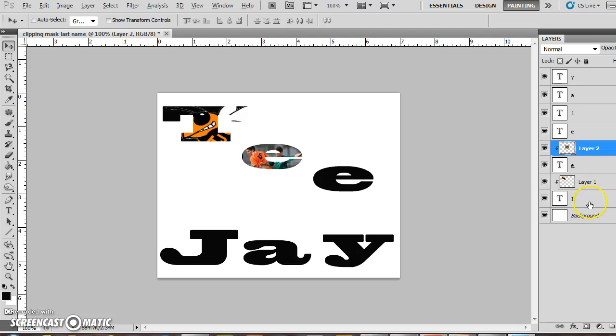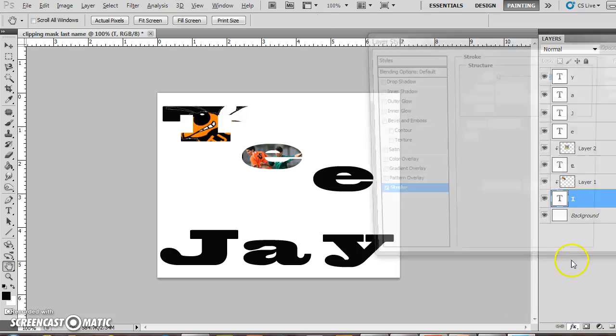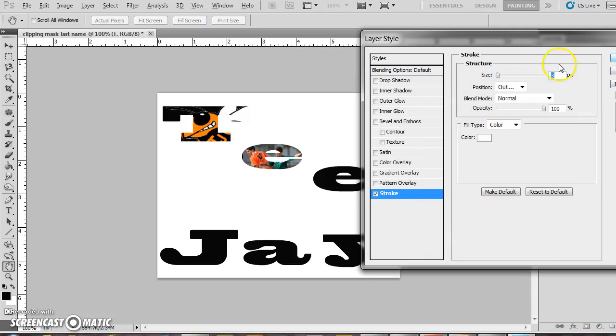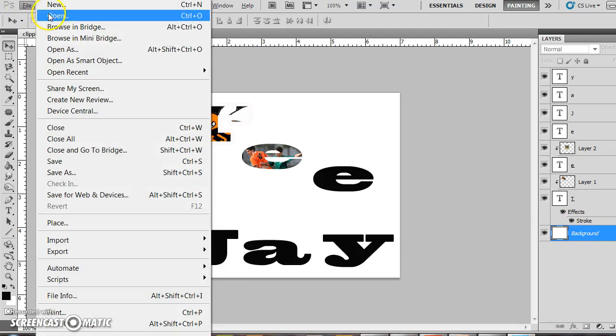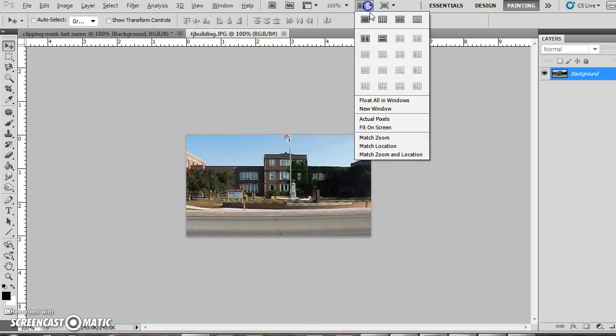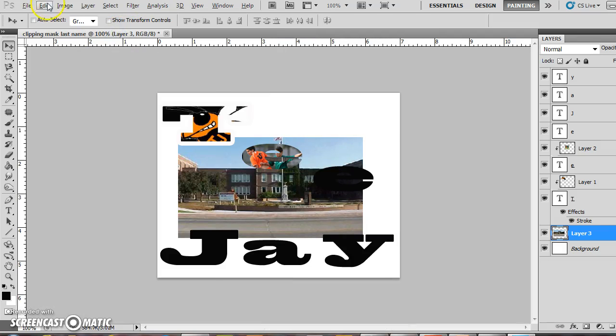For the font effects, you're going to go to the letter layer, click your font effect button, and you can pick one to apply there. I'm just going to do a white stroke. Maybe make it a little bit larger here. And then on my background, I'm going to click on my background layer, open up my background picture that I picked, move it over, size it,